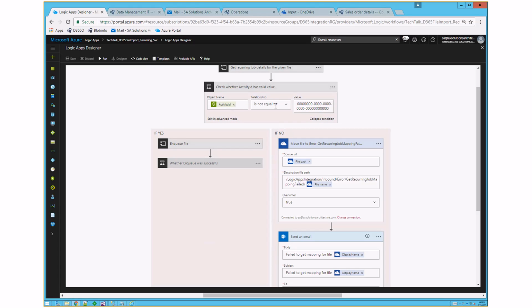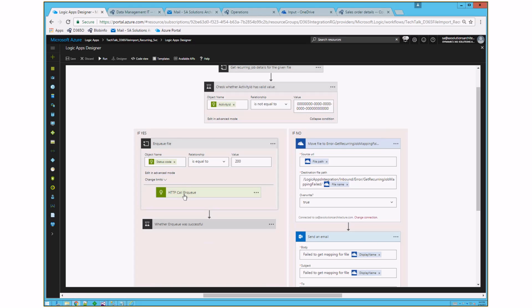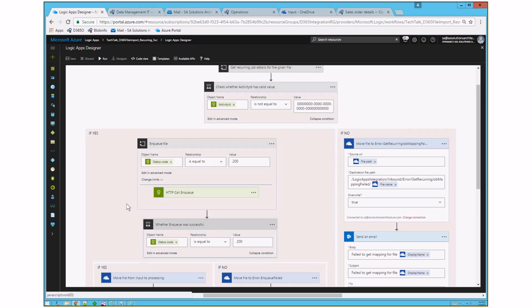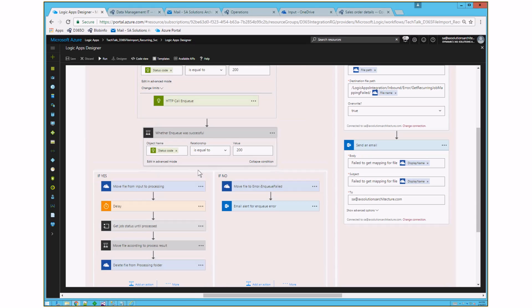So in the scenario where I'm able to get an activity ID, then I call the enqueue API. This is basically a file connector that we put together using a simple HTTP gateway. As I said, all these endpoints are HTTP endpoints, REST-based. So we basically call that to enqueue it. Once we enqueue it, if the enqueue was not successful, once again we move it to its appropriate folder and send an email alert. If it is successful, then we move it to a processing folder, and we constantly